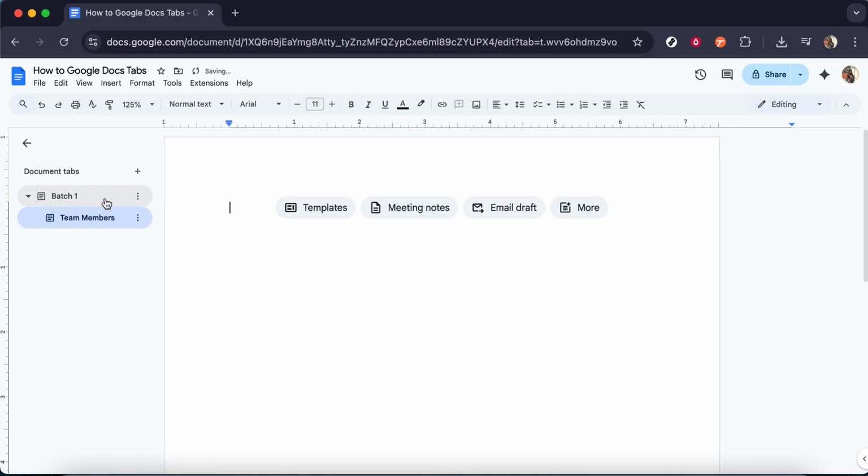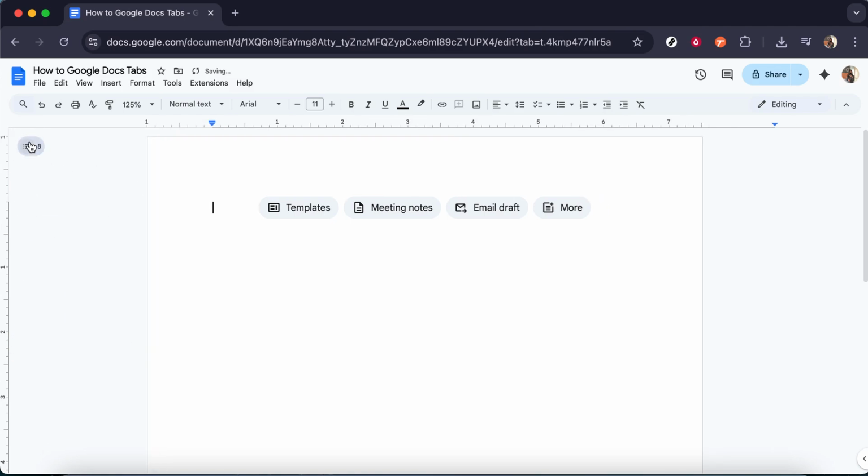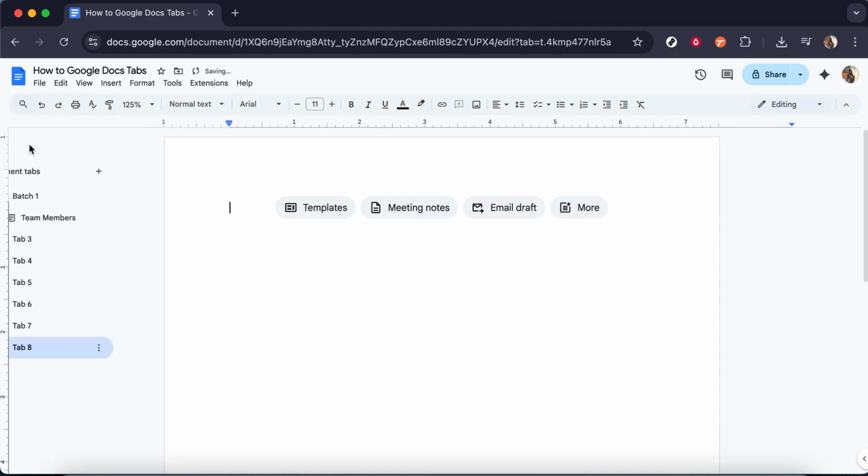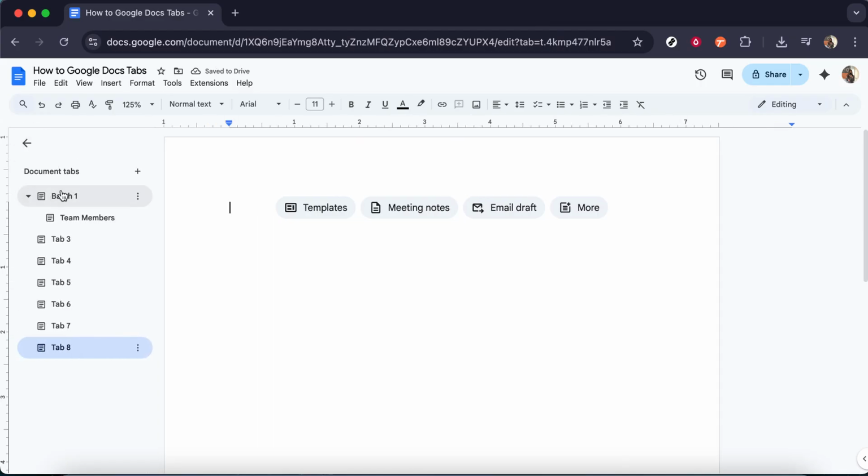Finally, navigating between your tabs is simple. Click the Show Tabs and Outlines option at the top left to bring up the list of all available tabs. From here, you can easily switch back and forth, giving you full control over your document structure and facilitating smooth navigation. By mastering these steps, you'll enhance your productivity with Google Docs, making your document